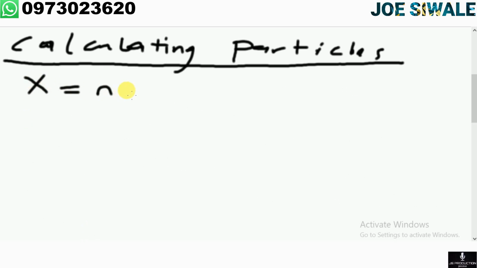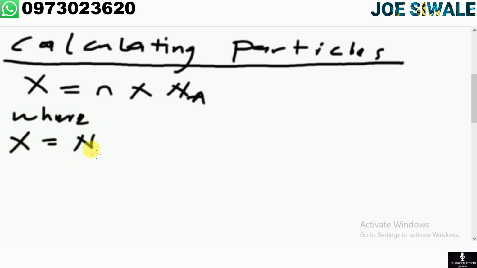equal to number of moles multiplied by the Avogadro's number, which is Na. So this is the formula that you use when calculating the number of particles. So x represents the number of particles, n represents the number of moles, and Na represents the Avogadro's number, or the Avogadro's constant. So I'll say where x represents the number of particles, so number of particles,